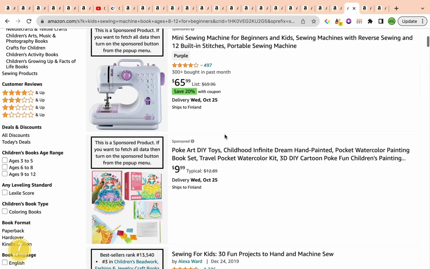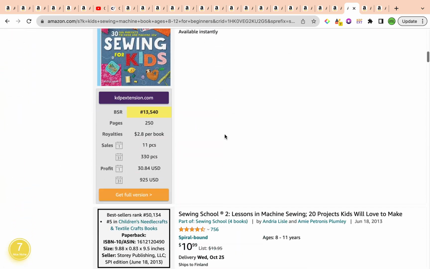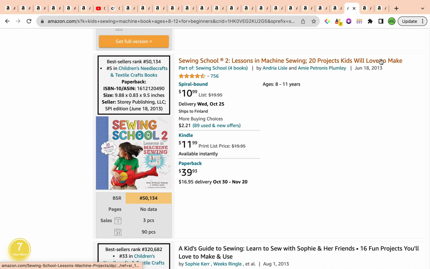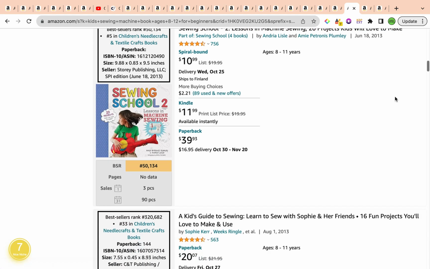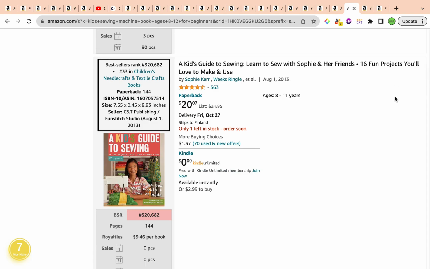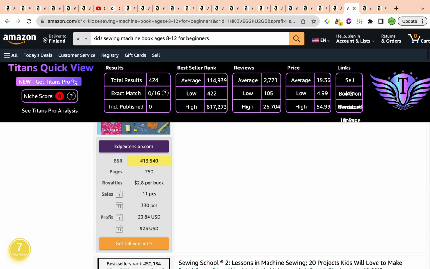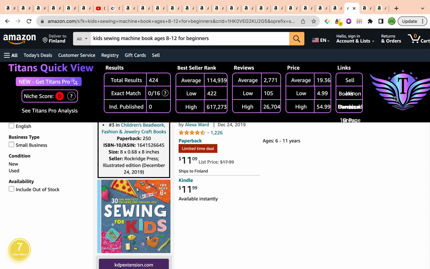Here we've got a couple of hints as well on the different types of sewing methods and techniques. This one includes 20 projects that kids will love, and it's essential for you to include at least 5, 10, 15 projects that allow the children to practically apply their knowledge on sewing, just the basic essentials as well, and